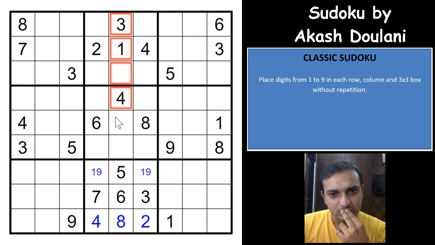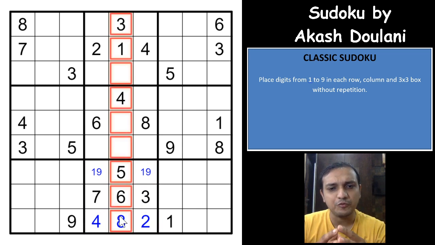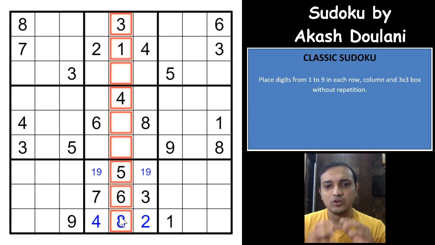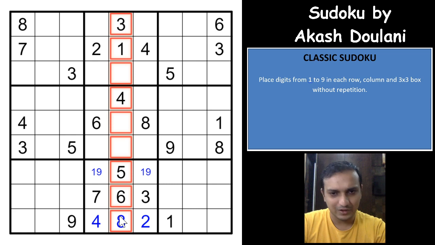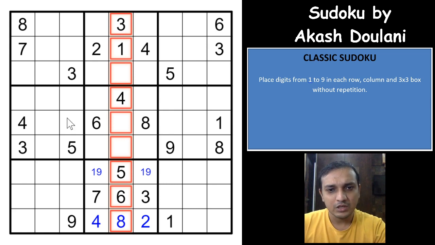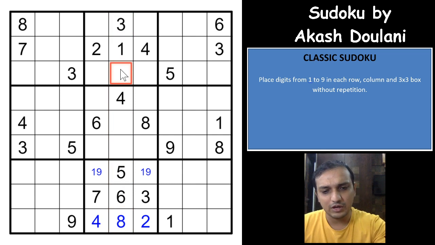Nice. So if you see this column, I usually look out for places where you have many digits given in a row, column, or a box, because that will really help you to solve this Sudoku faster, right? And in this column, you need only 3 digits, 2, 7, and 9, right? So you cannot have a 2, that would have to be 7 and 9.